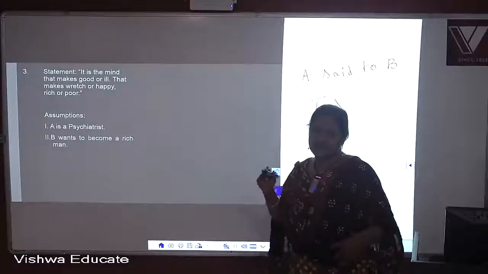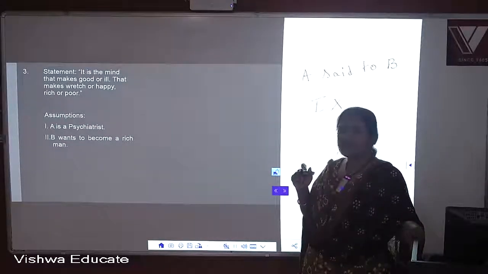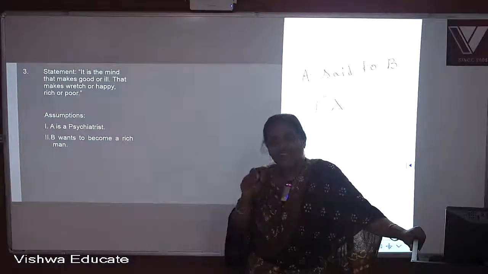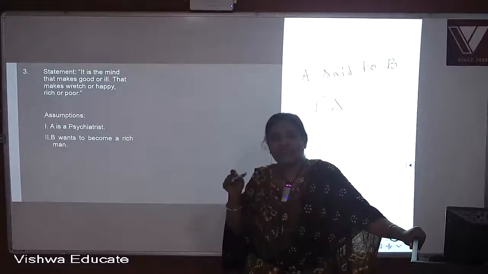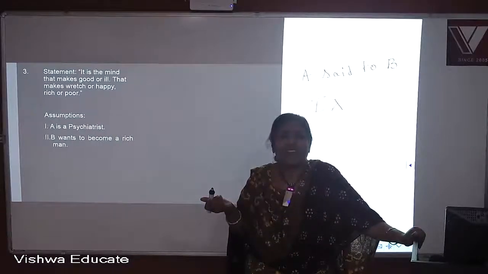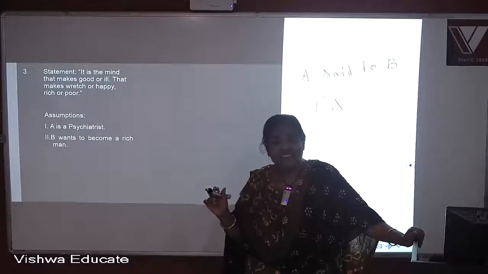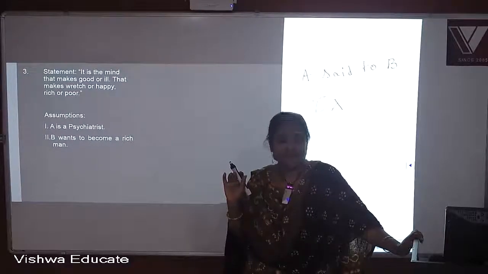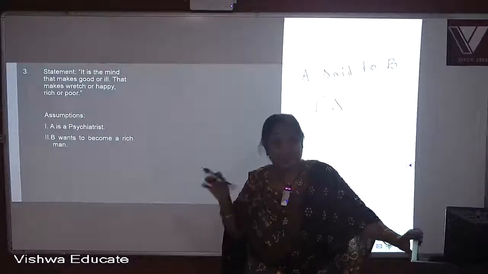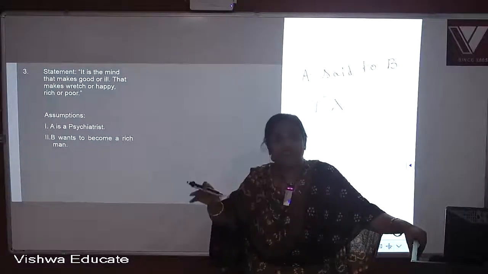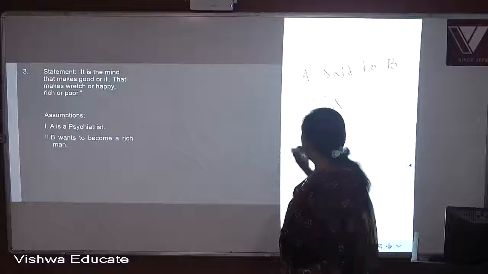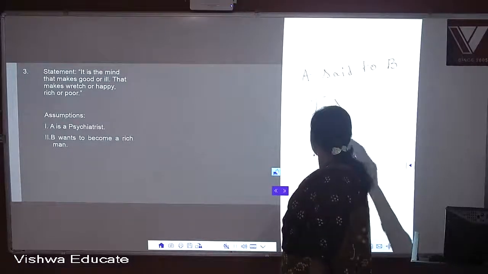Okay, now let us look at the second one. B wants to become a rich man. Now, when you look at the suggestion, can you think that B wanted to become a rich man? That's why A is telling all these things to him? Definitely nowhere related. He is giving just a suggestion to B. It is not given clearly what B's state or A's state is and why he made the statement. But from the statement we can understand only that mindset is everything. That's it. So therefore, two also you cannot